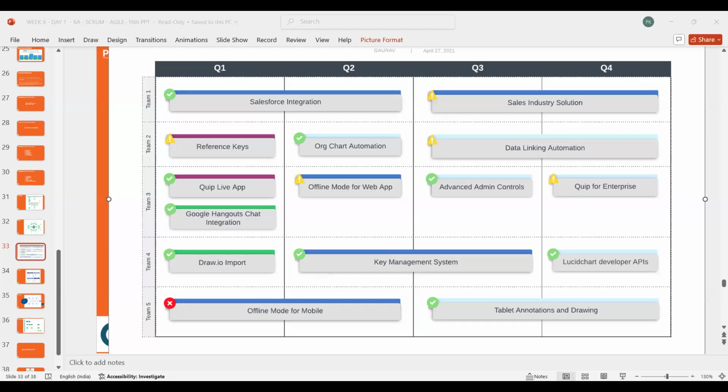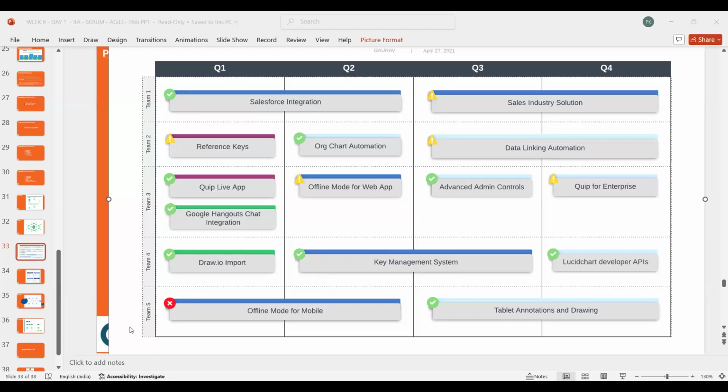And I had explained a bit. Let me go over it again. So first of all, as you can see, we have these five different teams. One team is looking at the layout, one team is looking at the development, one team is looking at the overall integration. Without getting into the actual technicalities or the difficulty of the technical side, we'll try to